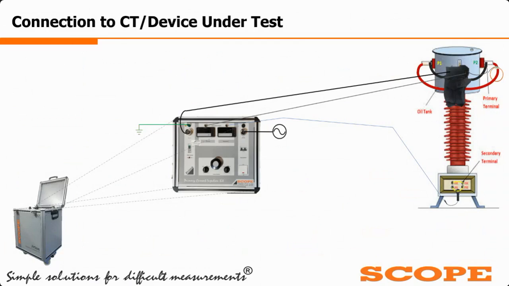Then the booster cable connector, we need to connect the loading connector. You can see here the black bag; we have put the loading unit in the black bag, and we need to keep it on the CT tank with the help of a belt. Here you can see the red cable we have connected at points P1 and P2, which we pass through the loading CT, and we can directly connect P1 and P2.